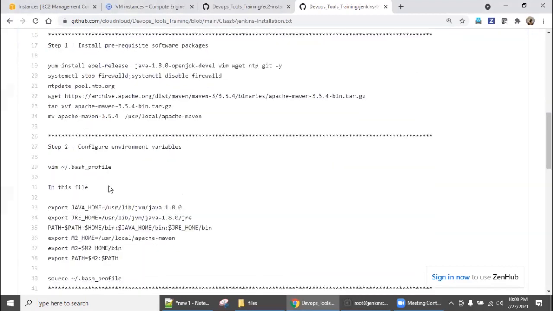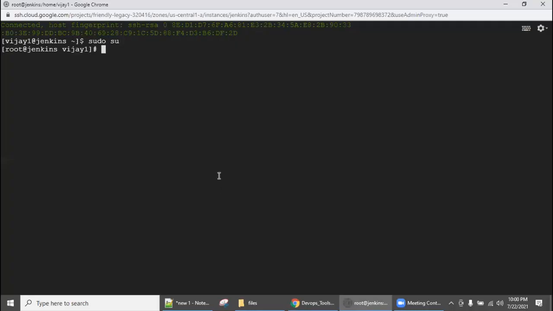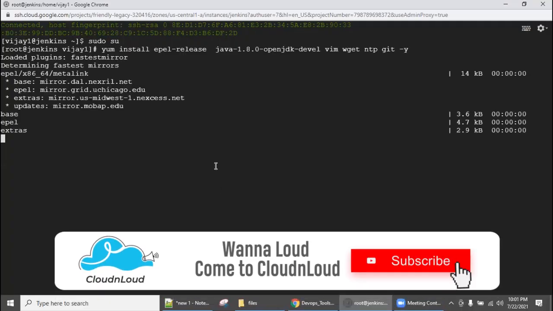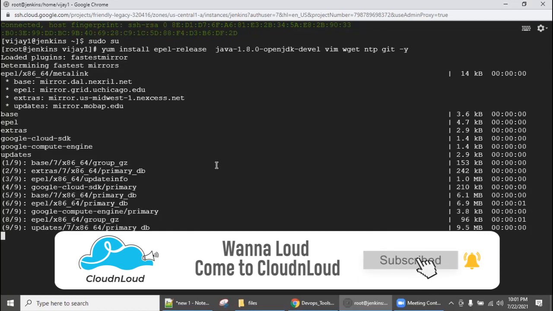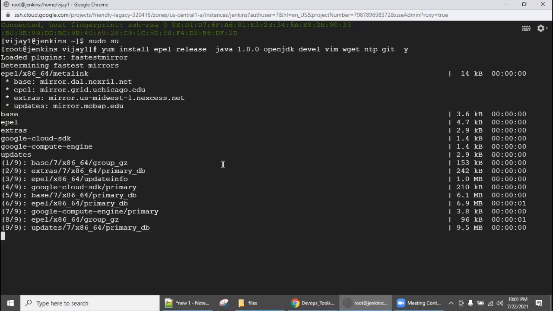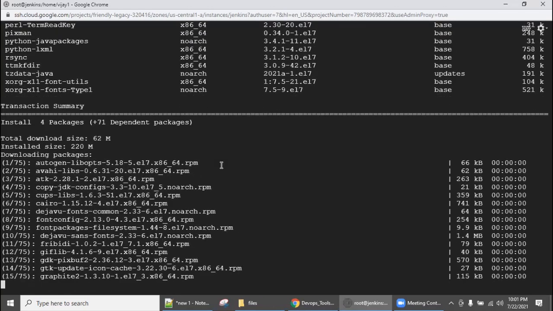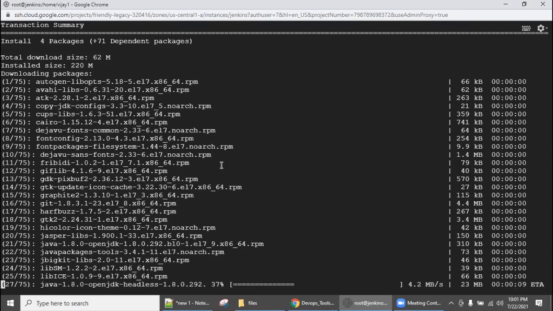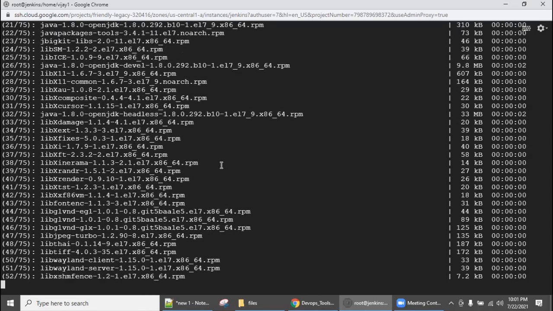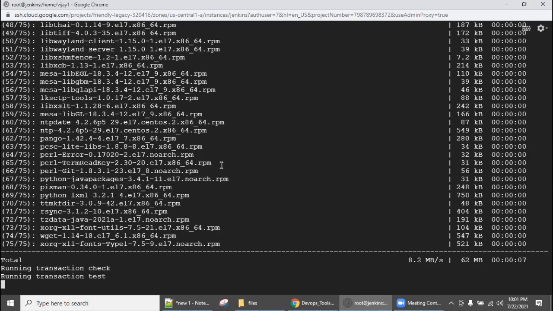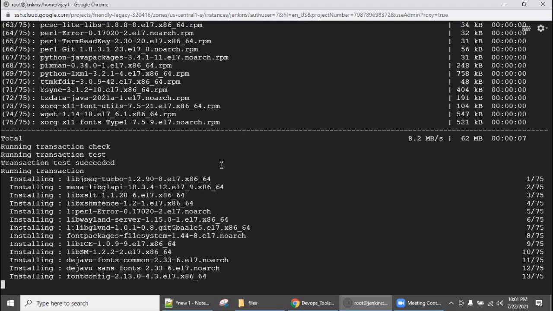Let's install all the prerequisites, and the Java and the Maven. So let's copy paste everything. Once it's installed, we will configure the environment variables, and then we will install Jenkins, and then we will configure the default plugins and global tool configuration.